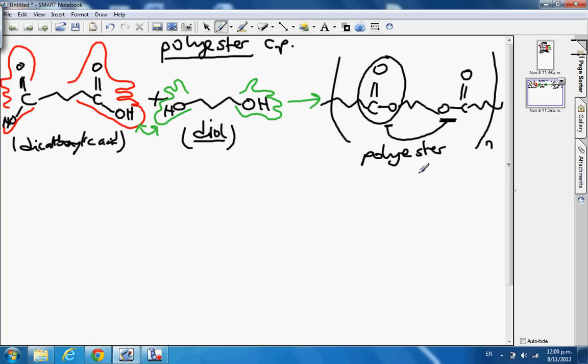And that is also, as we say then, for every time you form an ester linkage, you get elimination or loss of H2O, which makes it a condensation polymerization reaction. Okay,